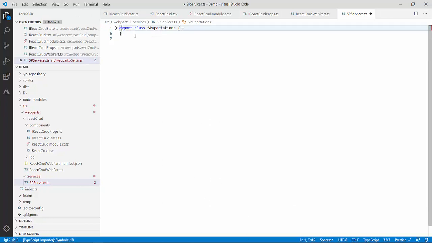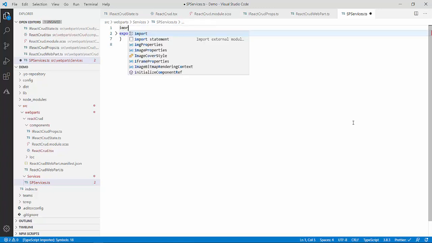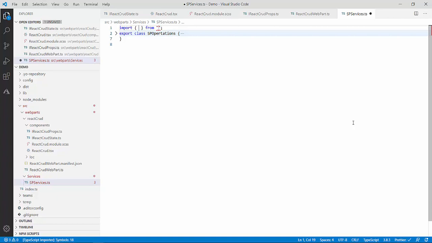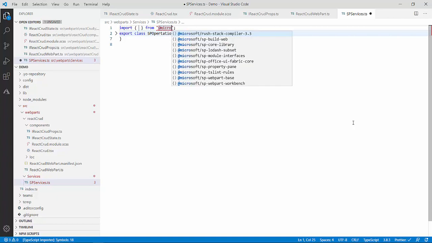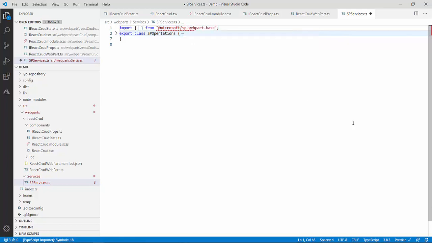To import it, I'll say import. I'll do all the imports at the top. Import from @microsoft/sp-webpart-base. From this I want to import WebPartContext.